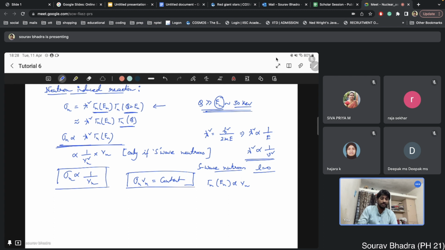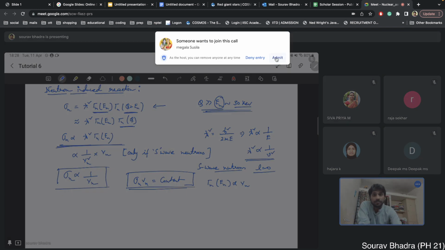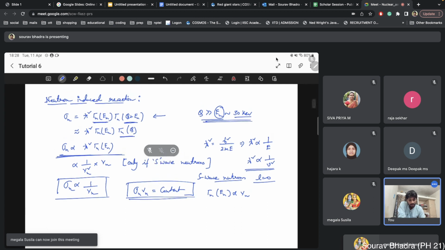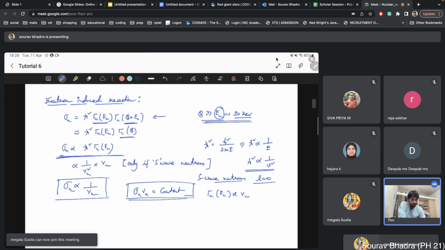So that is a special characteristic of this neutron induced reaction, whereas our sigma V was not constant for non-resonant or resonant reactions for charged particles. Okay, so this is the important thing: the sigma n Vn is actually constant, and again I am emphasizing, under the assumption of S wave. S wave means L equals 0, right? If you have higher L number, L is 1, L is 2, then that will be modified, which